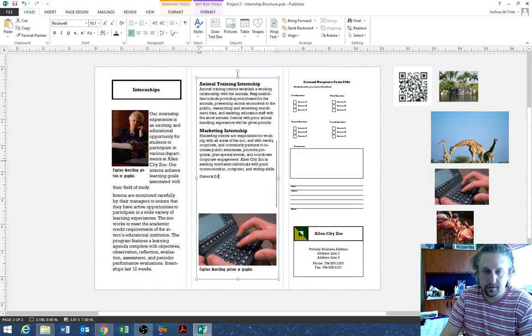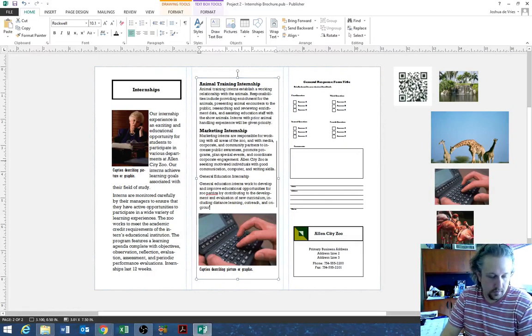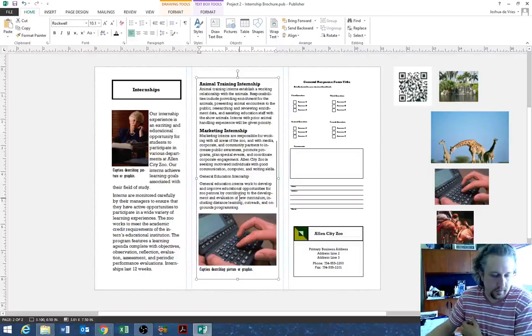Now we're going to type general education internship, press enter, and then general education interns work to develop and improve educational opportunities for zoo patrons by contributing to the development and evaluation of a new curriculum, including distance learning, outreach, and on-ground programming. Now I'm going to fix my typos there with the red lines, and you'll notice that